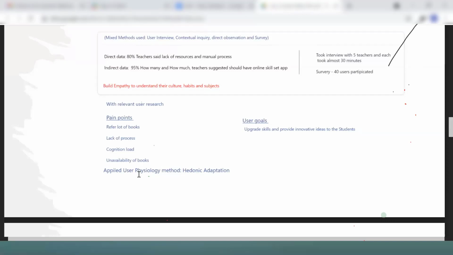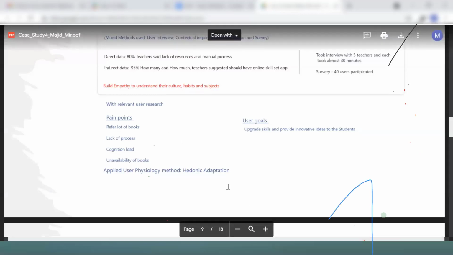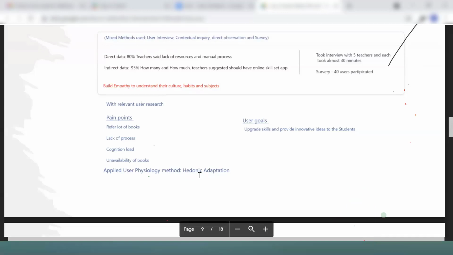If you are designing, you need to understand the user psychology. You can search in Google, there are a lot of user research methods. This is a hermeneutic adaptation. So what I'm trying to do here, because I have to engage the user, is giving the hermeneutic adaptation, which is basically the positive and negative solutions for the user, so that they can see that and give their response.